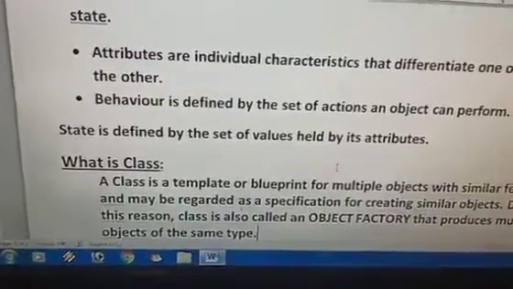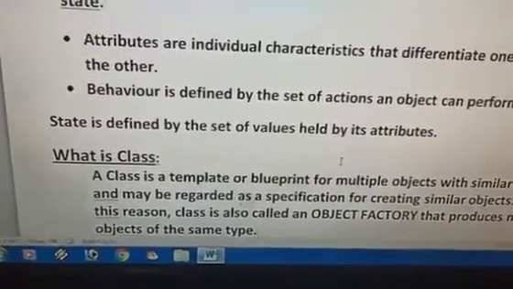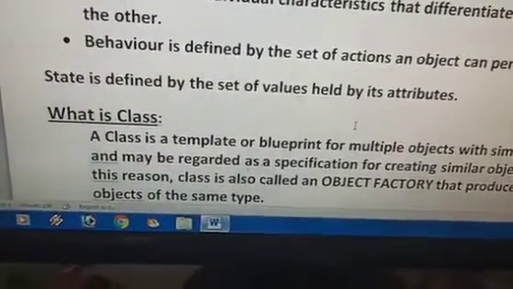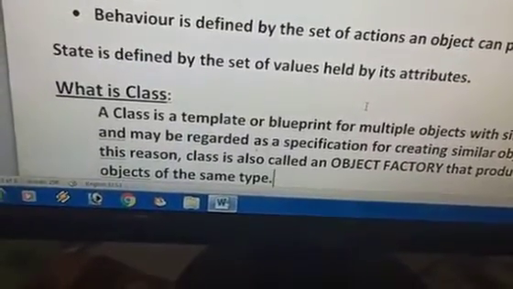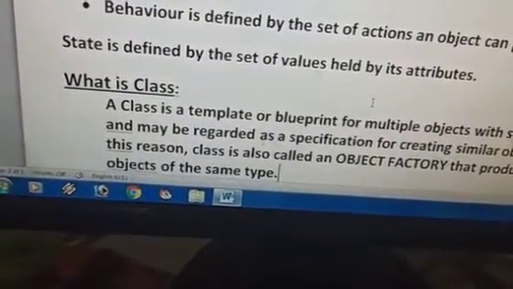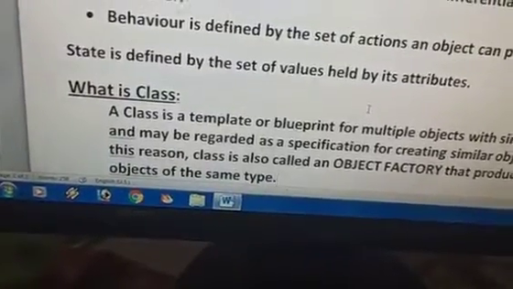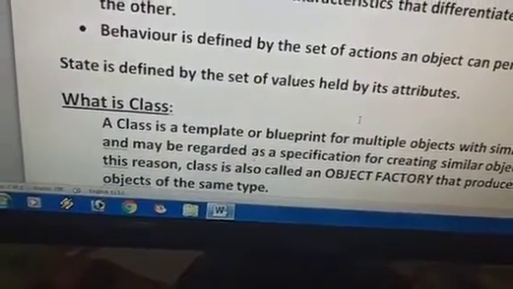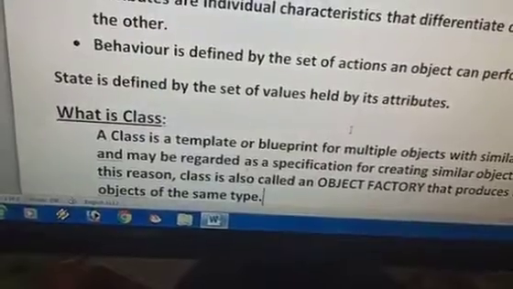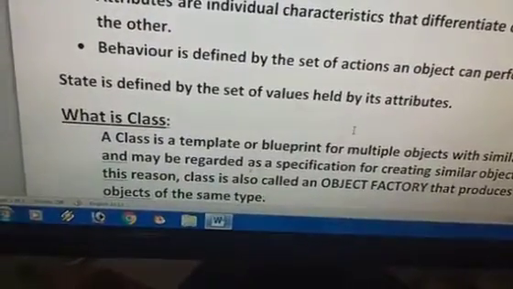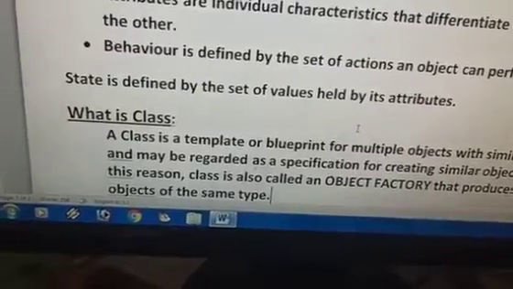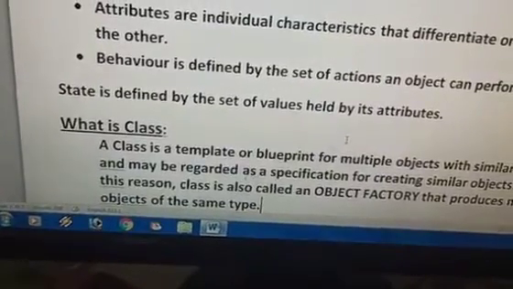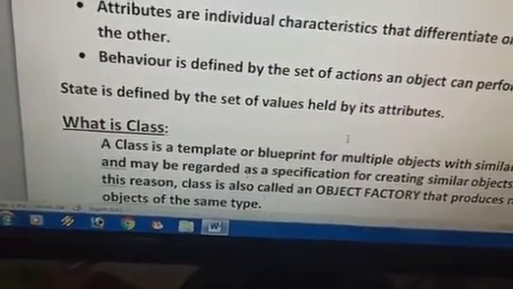For example, you can assume that a car is an object. What will be the characteristics? The characteristics can be the manufacturer of the car, the model of the car, the color, the engine type and the cost. And what is the behavior of the car? Change gear, start and stop, increase speed. The characteristics and the behavior are known as the basic part, the basic entity of a particular object. Each and every object has its state and attributes, right?